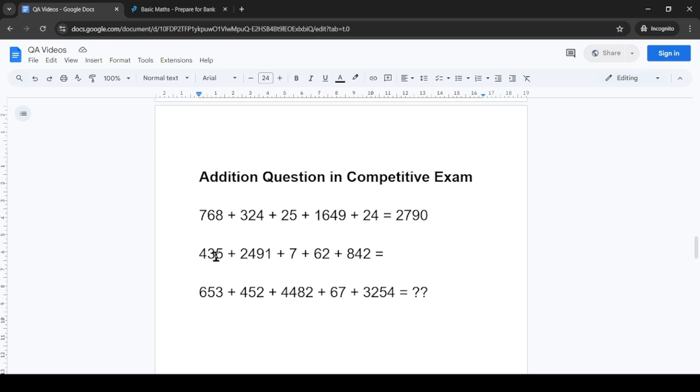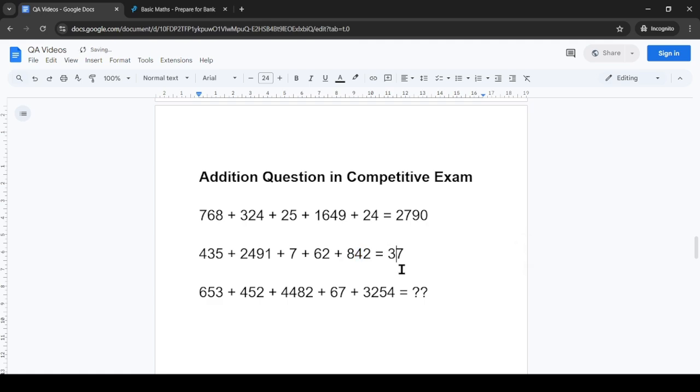Now the next one, over here we will be adding 5 plus 1, 6. 6 plus 7, that is 13. Then 13 plus 2, that will be 15. And 15 plus 2, that will be 17. So now the carry is 1. 1 plus 3 is 4. 4 plus 9, that is 13. Then 13 plus 6 is equal to 19, and 19 plus 4 is equal to 23.